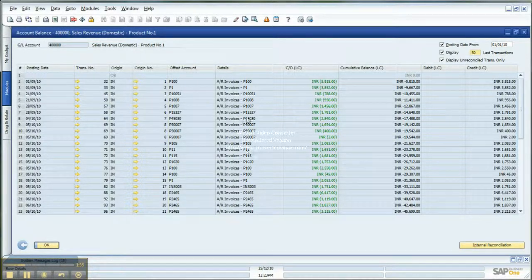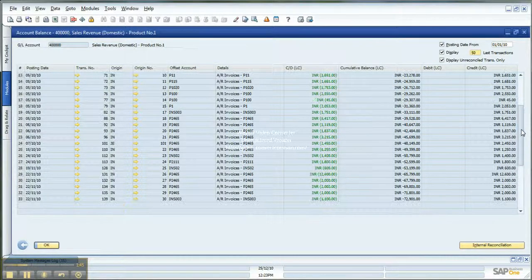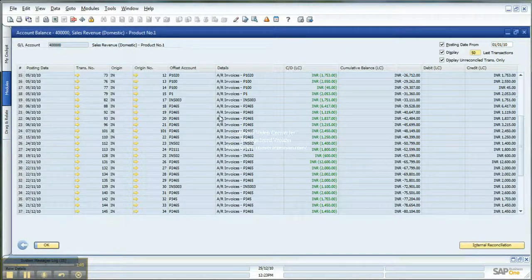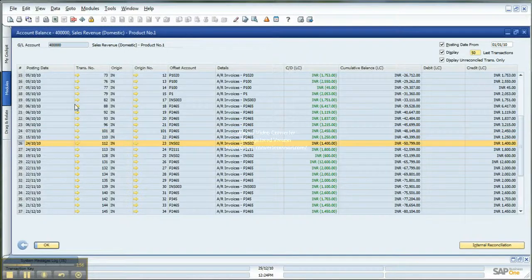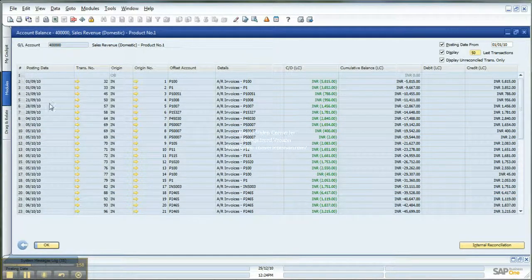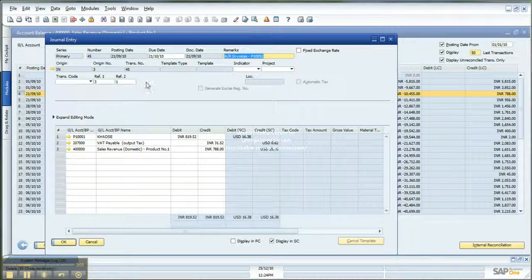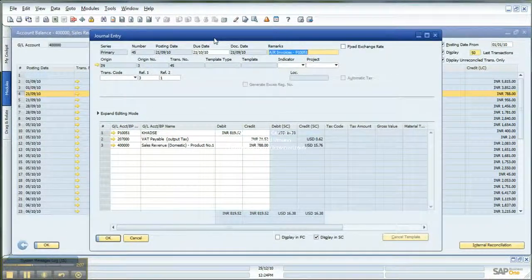Here you can see different patient IDs like P100, P1, with all the charges involved at the same time. And here you can see the posting dates of those different documents. Here you'll be able to choose any particular transaction. If you want to see a transaction which happened on, suppose, the 21st of September, you can click on that link, and this is the journal entry, basically the core accounting entry which happened on this particular transaction. So you can have a look at those journal entries as well.